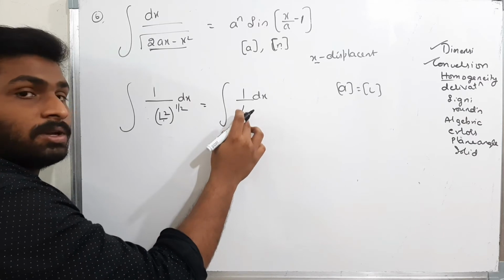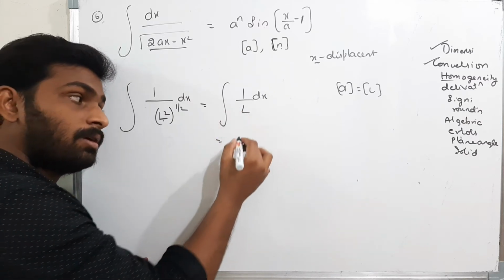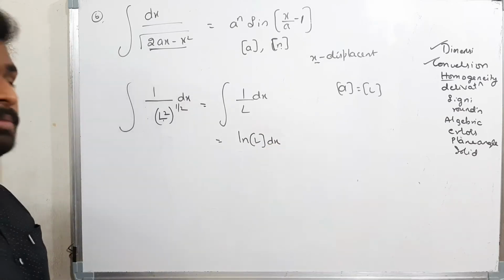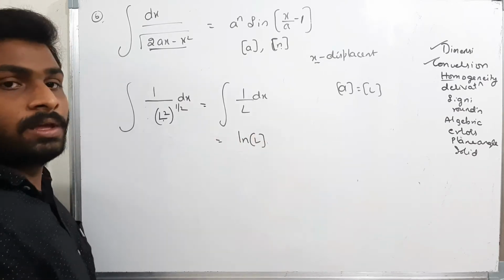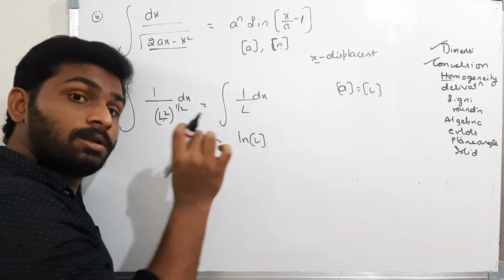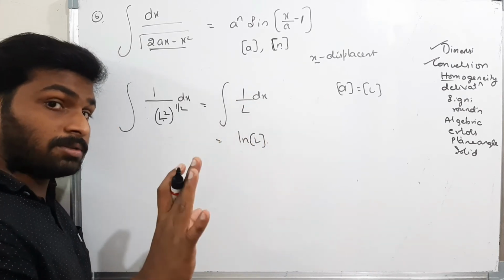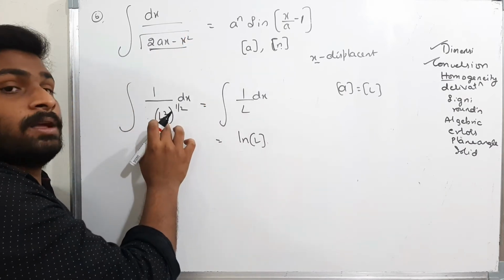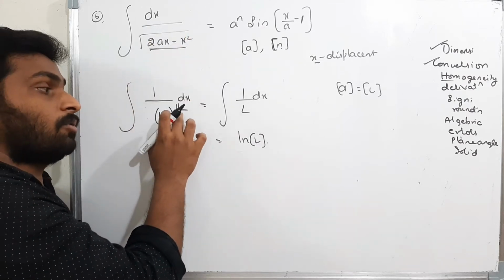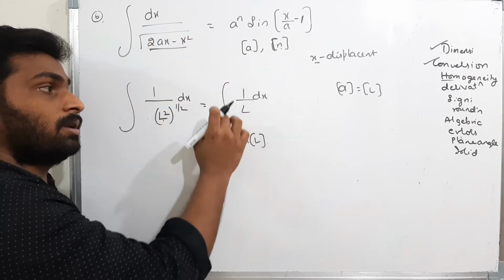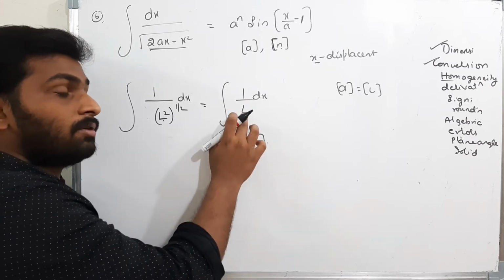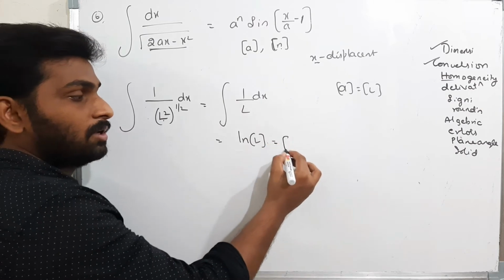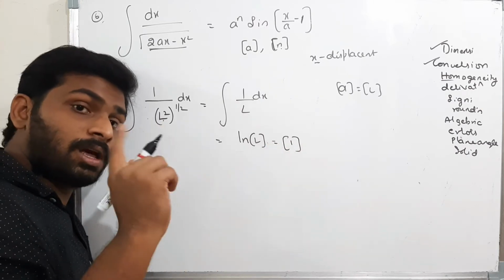Now, what is integration of 1 by x? Nothing but ln x. Everyone will accept that ln x, ln L. Integration of 1 by x is nothing but ln L. See, I am writing only in dimensions. Instead of the whole term, I took the dimension of this, that is L square. The L square is under root. Therefore, L square whole power 1 by 2. Therefore, we got integration 1 by L dx. Now, what is our integration formula for 1 by L? That is nothing but ln L. What's the dimension for this? Dimension is 1. For ln function, the dimension is 1.